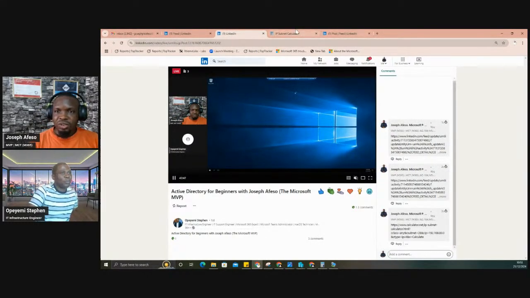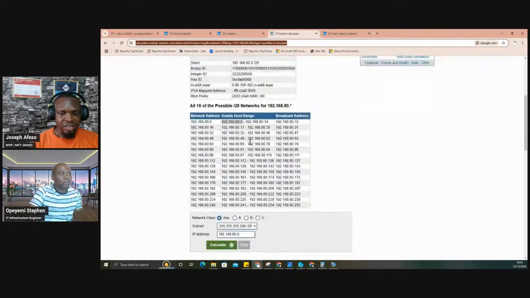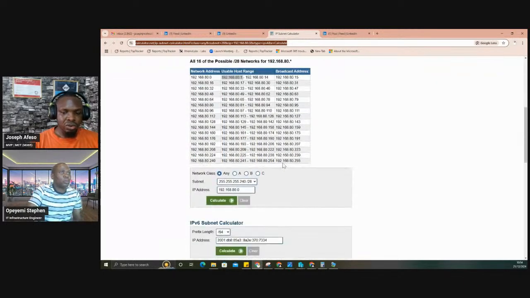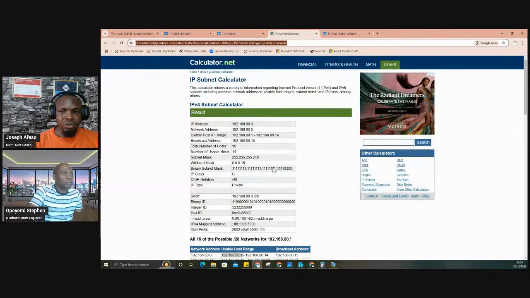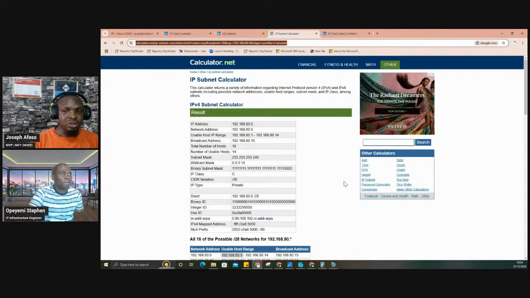So I'm going to use this, and if you look at this resource, it's actually very useful. Calculator.net, the IP subnet calculator. We have classes of IP, which is outside the scope of what we want to discuss on this call. I have a design here that I did myself. An organization will definitely have a design in place, as the infrastructure team would have designed the IPs they want to use. But in this case, we're just going to be using a class C IP,